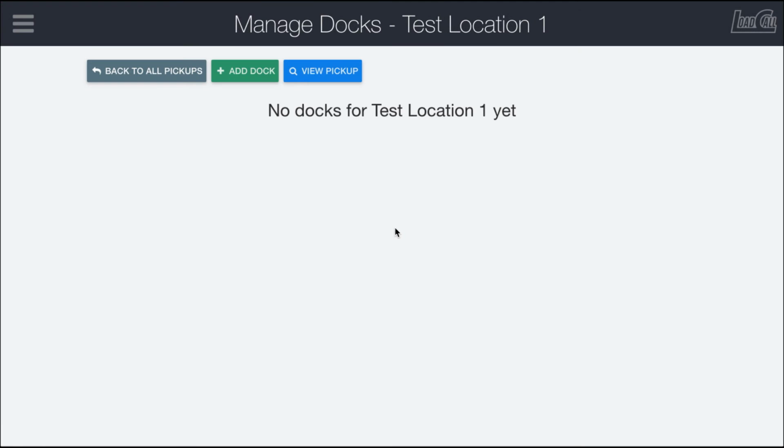As soon as we've created a new pickup location, it will automatically redirect us to the Manage Docs page of this test location, or whatever the location we created was. So the Manage Docs page is important because it lets us create subsections of the facility where drivers are going to go to either pick up their load. So we call these in LoadCall docks, but these could be tanks or meters or pits or anything like that. A dock is just a generic term that we use to capture like the subsection of the facility they'll be